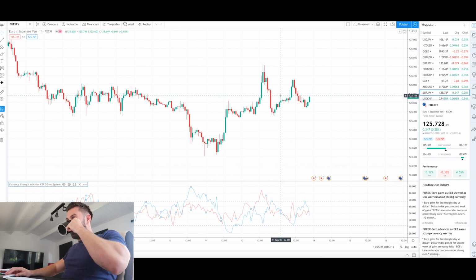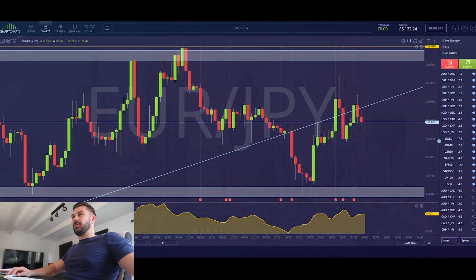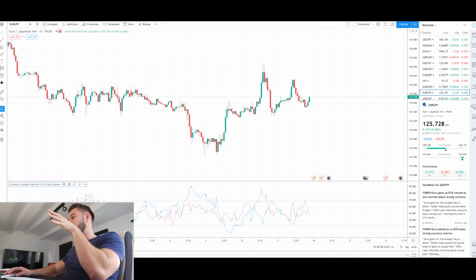So, from our analysis on smart charts, we are thinking it's broken a trend line, it's failed to make a higher high, it's made a double top to the left. We could be looking at a reversal, okay? How do we check this out? Well,